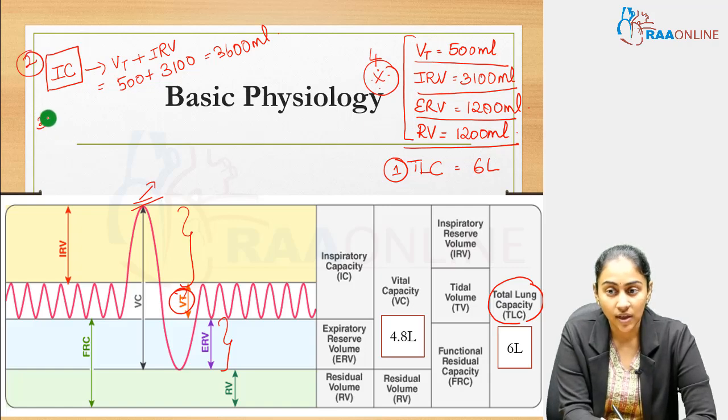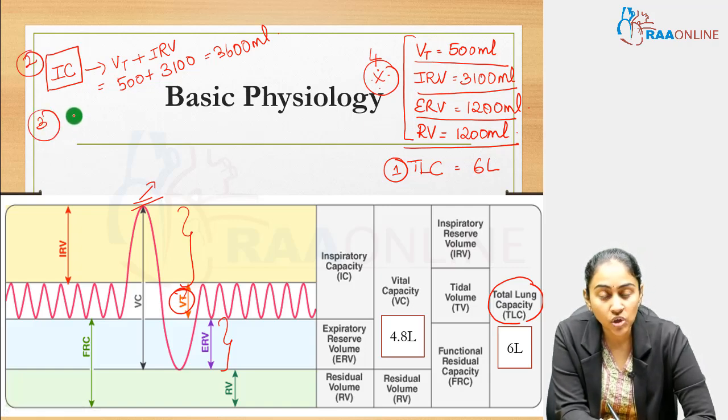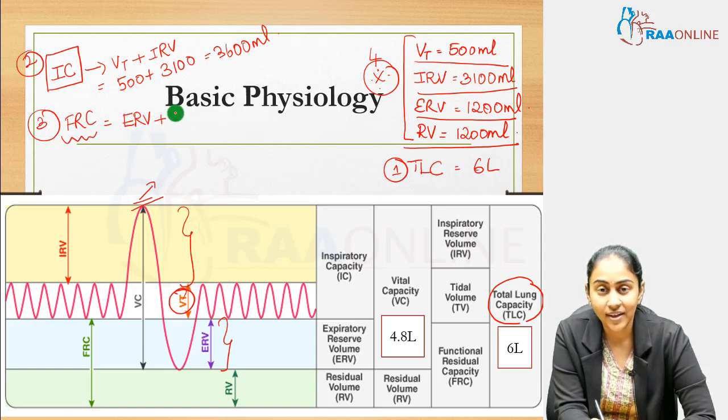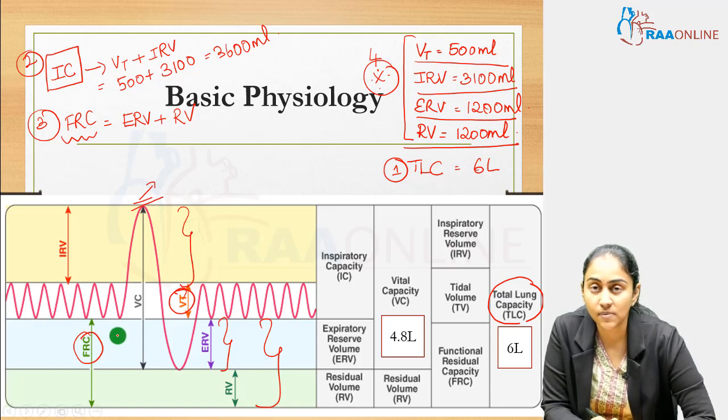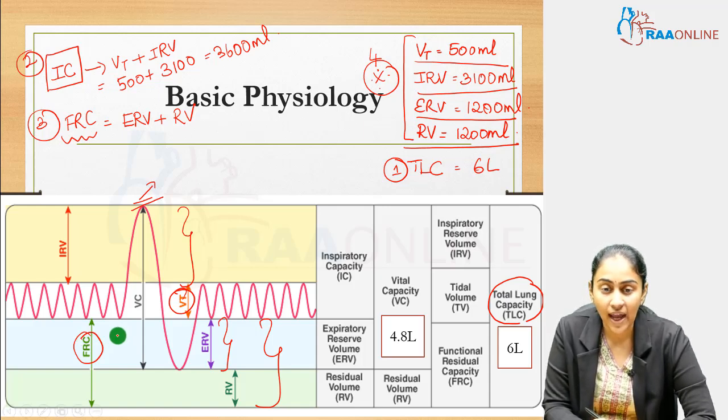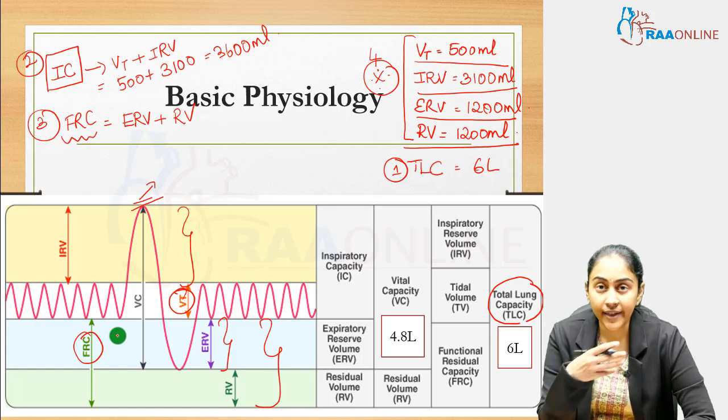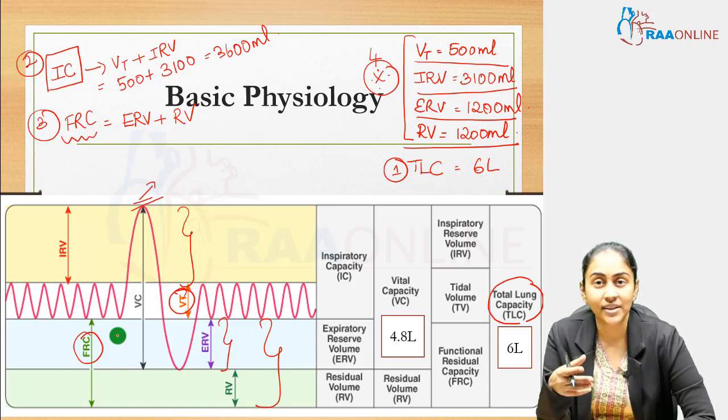Now, third, there is something called the functional residual capacity. What is this functional residual capacity? It is the counterpart of the inspiratory capacity. So basically, this will contain the expiratory reserve volume and the residual volume. So this is the functional residual capacity. What does this mean? This means at the end of a tidal expiration, so at the end of a normal expiration,